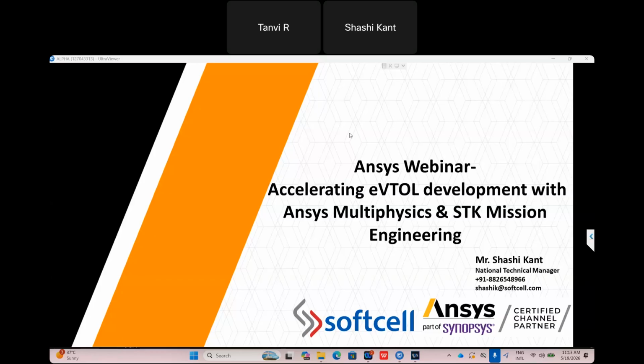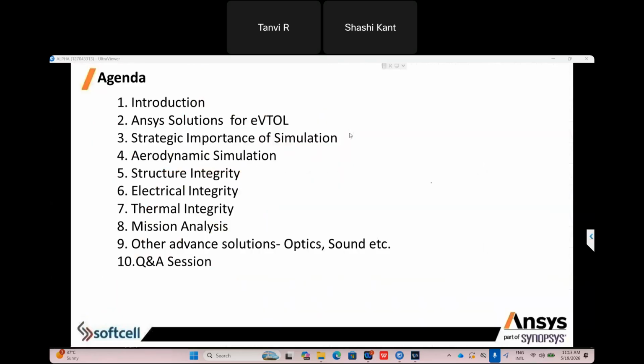So let's first understand the agenda, what we will do today and what we will present today. First I will give you an introduction about Softcell, then we will showcase how Ansys can help with eVTOL development, and the importance of simulations and aerodynamic simulation for the development of eVTOL.